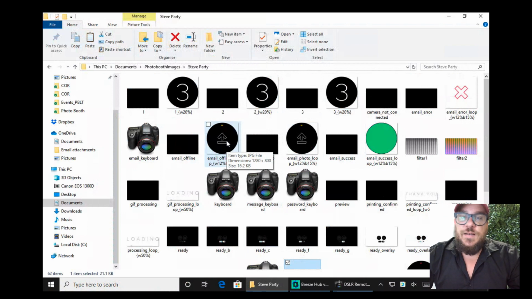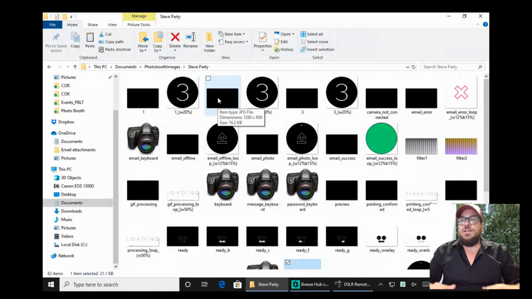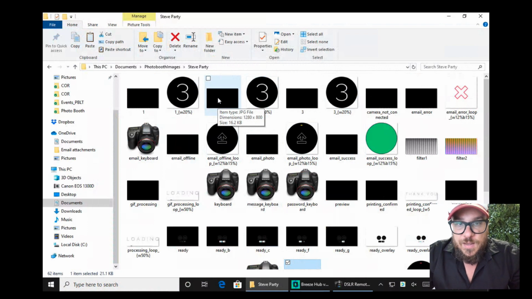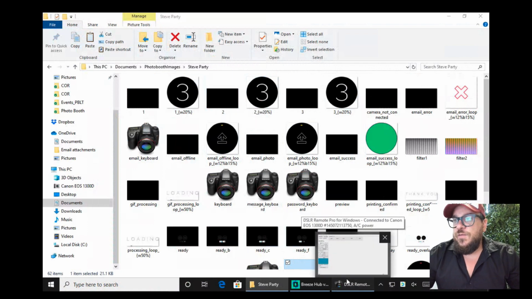But the thing you have to understand and remember in Breeze is that the interface or the screens are designed in 2 parts. There's the graphical element, which are these screens here that we're looking at. But then in Breeze itself, you have to tell the software what buttons are clickable and where you want your live view and things like that. So if we just quickly jump back into